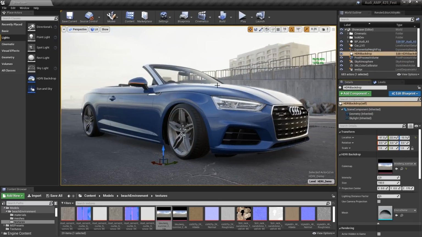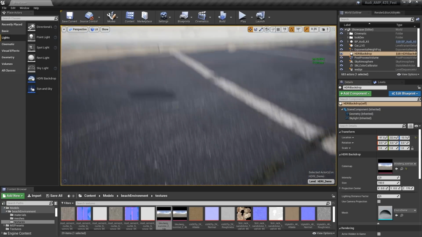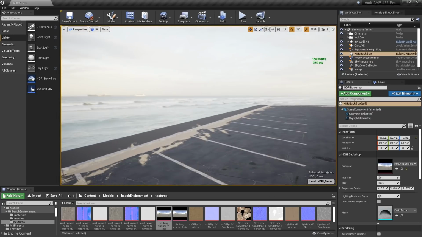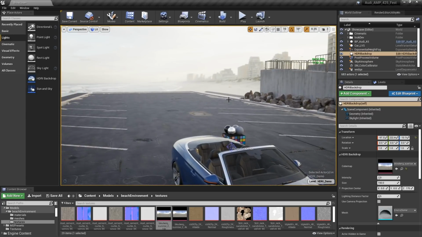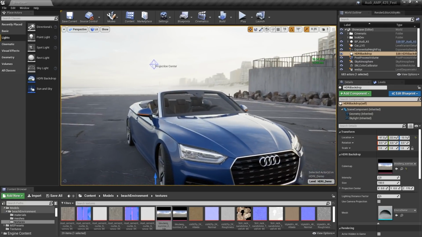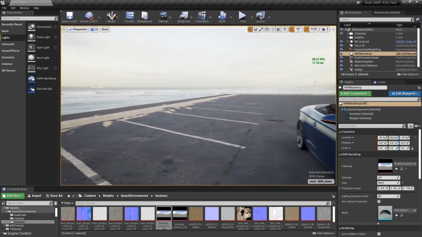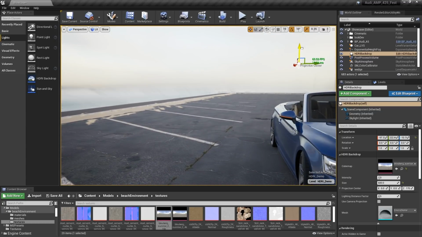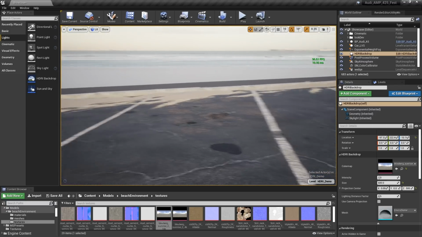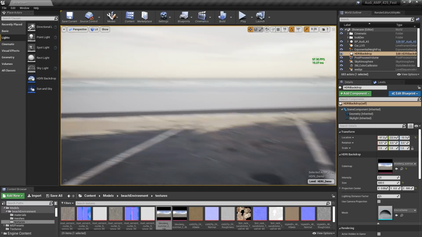So with that done, this image comes in and it looks pretty cool, but there's a few things that I want to change. First of all, the scale of it is a bit wrong. The ocean's kind of come in onto the parking lot and the buildings don't look like they're going far enough away. So we're going to modify a few of the other attributes on that HDRI. We're just going to increase the size of the actual dome that it's applied to, and I'm also going to change that projection. So I'm going to increase the Z value of this projection. You could do that manually by dragging on it, or you can come down here and pop in a number. I'm just going to push that back out a little bit so that the beach happens after the parking lot.